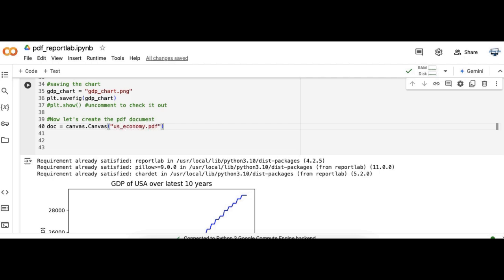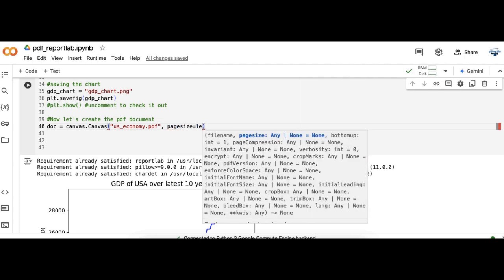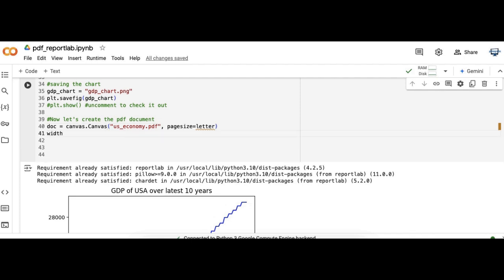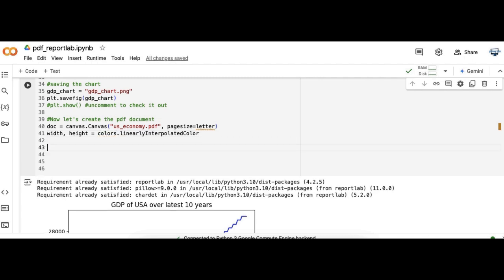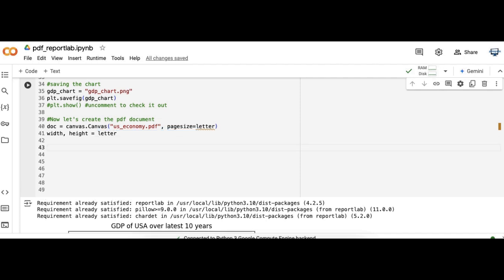Here I'm going to be naming the PDF, and I'm also going to set the page size to letter. And that comes in handy when I set the width and the height equal to letter. I can key off that letter to determine where I'm placing the chart and the table and text boxes